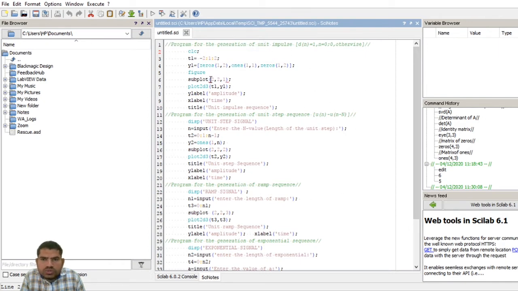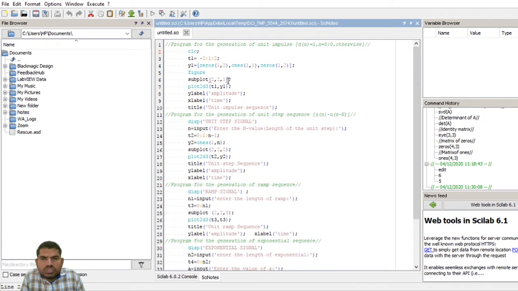The last one indicates the location where the output is displayed, the first location. Subplot of 2 comma 2 comma 2: now I am dividing this graph into 2 rows and 2 columns, that means 4 positions are there.